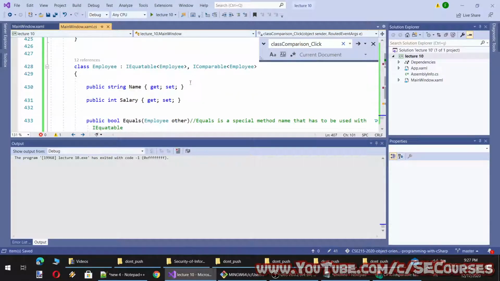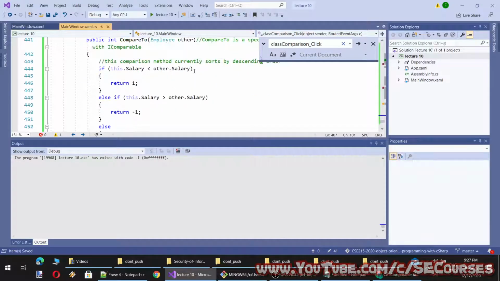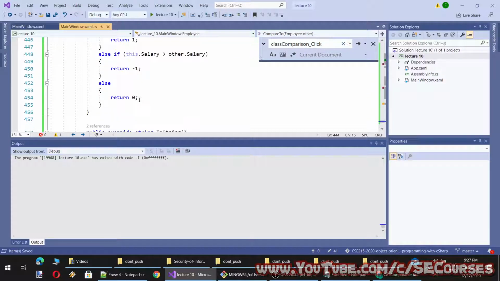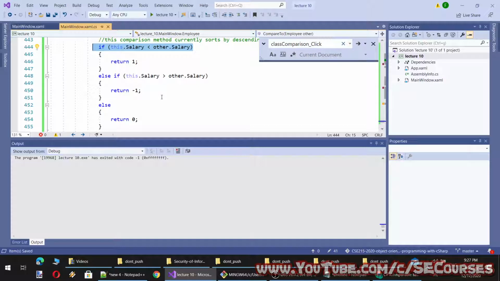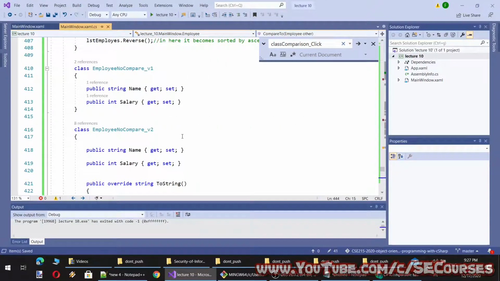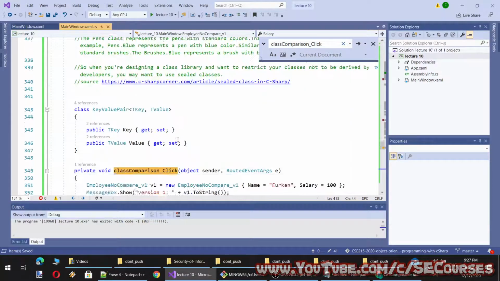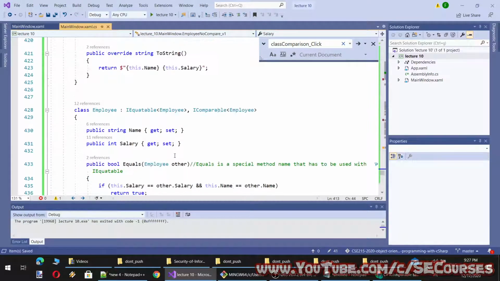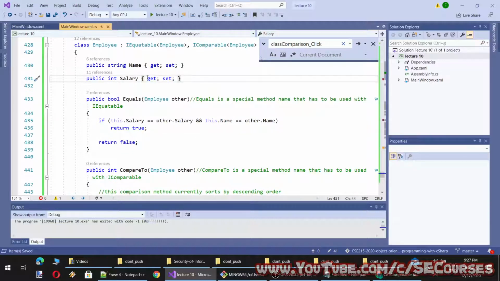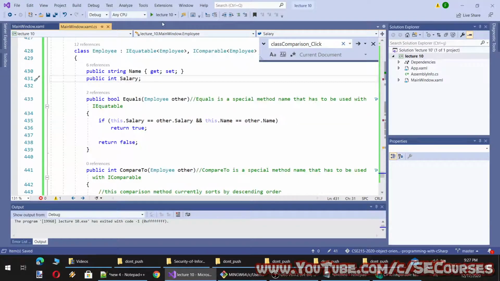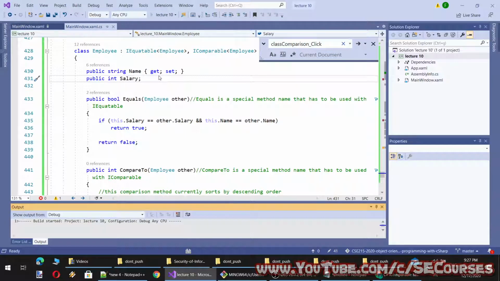By the way, you could also sort by its name. It is totally up to you. We have used this comparison, but you can use any comparison. Let's say if their salary is equal, then sort by the first letter of the name or such, or your class may have another additional property. By the way, your class probably must use properties. If this becomes a field, I think it won't work, but I am not sure. Let's try it. Will it work or not?